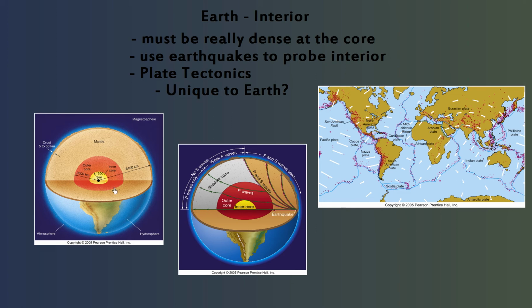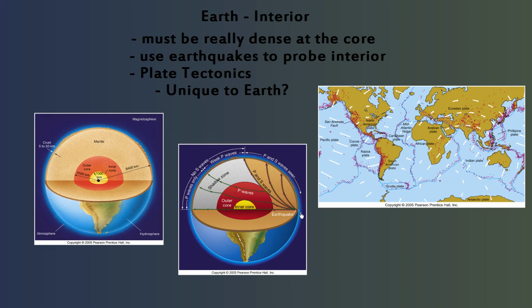Alright, so we know a lot about the interior of the Earth. That's because we don't like earthquakes. They damage our homes and infrastructure and hurt and kill people, cause tsunamis. It's not good. So we study them a lot, just to really know them and how they affect us and how to maybe prevent as much damage as they cause. So we know a lot about earthquakes, and because of that, we've actually figured out a lot about what goes on inside the Earth. We have a pretty good idea of what the inside of the Earth looks like